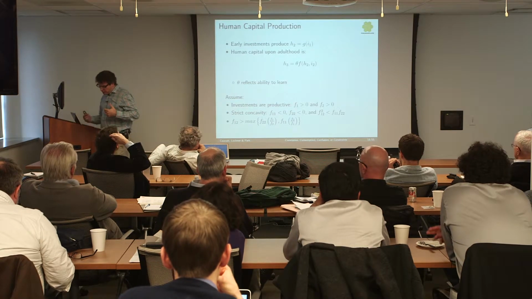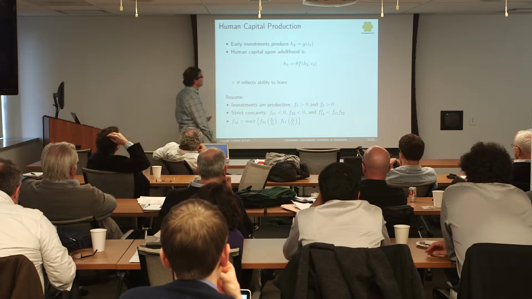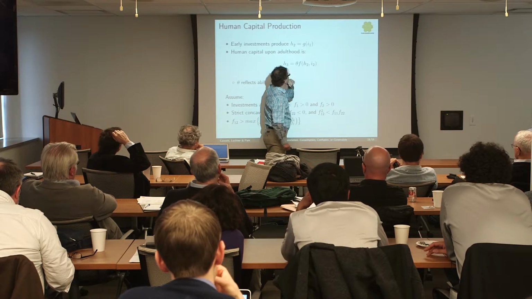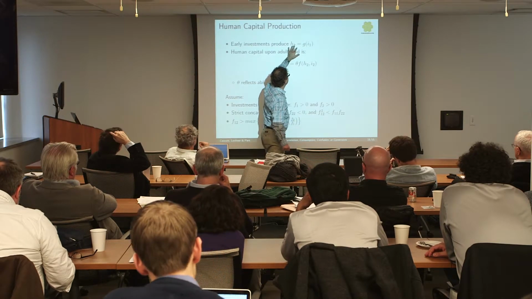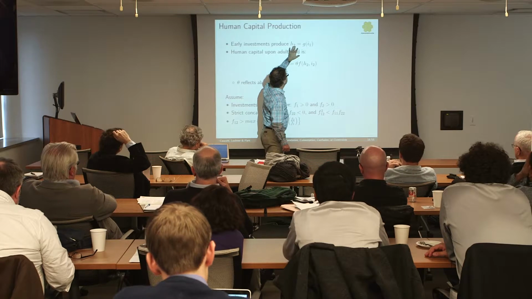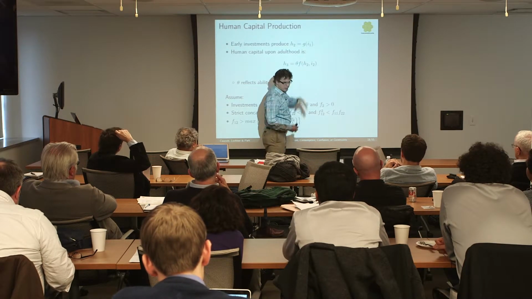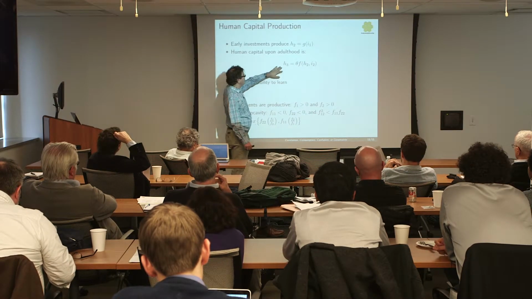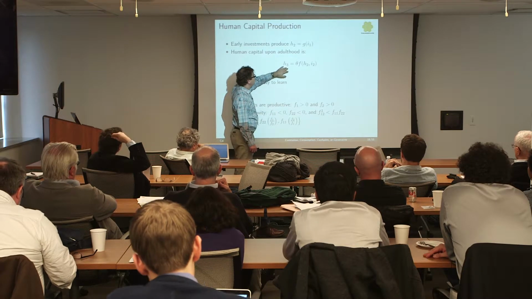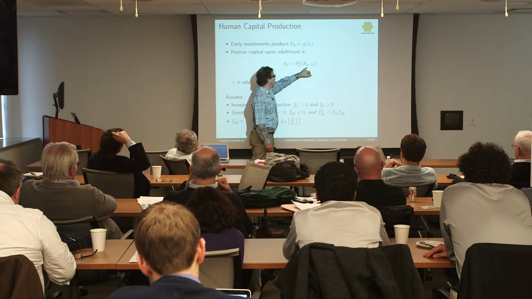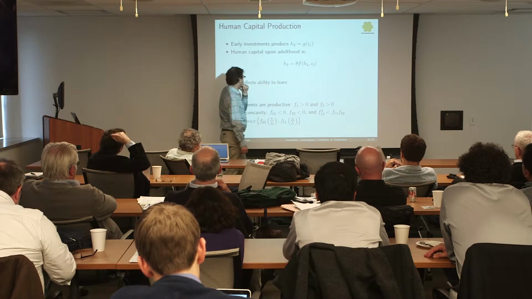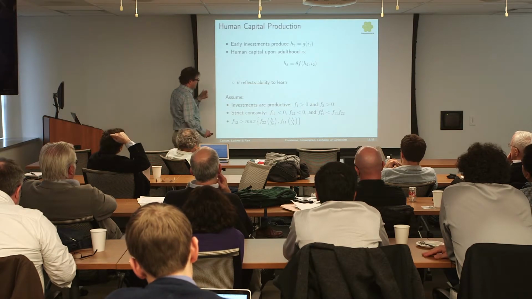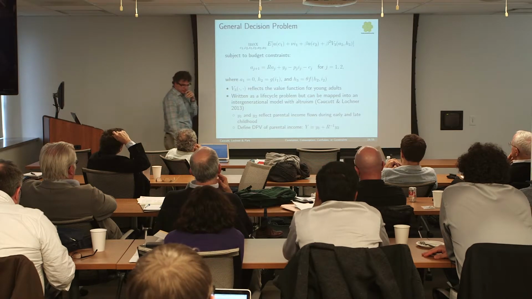So you're going to make some early investment. When it's a scalar, when there's only one type of investment, we're going to have H2 as just your early investment. Think of that as your human capital, or your total investment after the first period. We're also going to talk about cases where there might be multiple things you could do in terms of investment. And then your human capital, when you enter the labor market and you work, is just theta times some function of your early investment and your late investment. And theta we think of as ability, and then there are the standard assumptions on the production function.